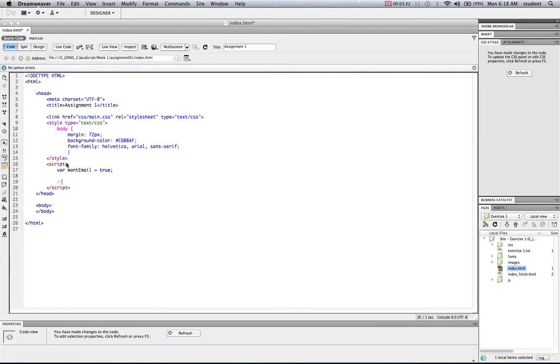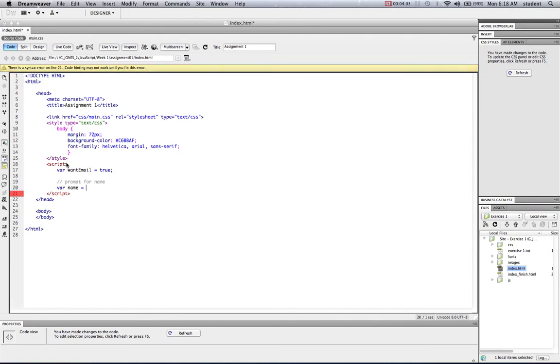So let's give ourselves a little bit of room there and go to the next thing. We want to prompt the user for their name. So I put in 2 forward slashes to start a comment, and I'll say prompt for name. It's in a very light gray. Hope you can see it. The color that Dreamweaver puts comments in is kind of a light gray. Now, we've got to create a variable to hold this name. So we'll say var is the keyword that creates a variable, and we'll say name. Awesome. Now what we need to do is assign it a value, or set its value, or command it to accept a value. So we'll say equals, and the